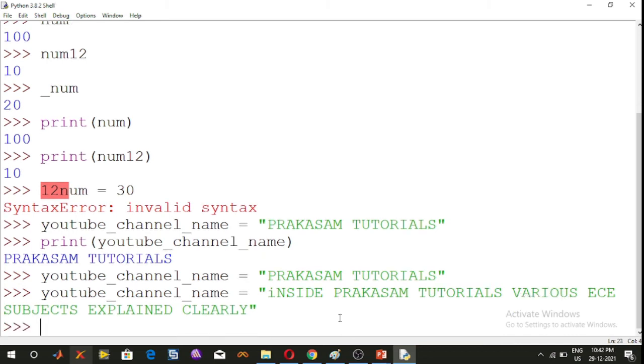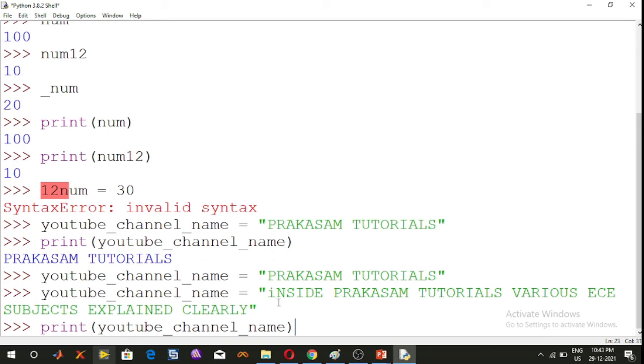So now use the print statement. So print of variable. And what is the variable name? YouTube_channel_name. Initially we assigned YouTube_channel_name is equal to the Prakasham tutorials value, and after that the same variable is assigned another value.